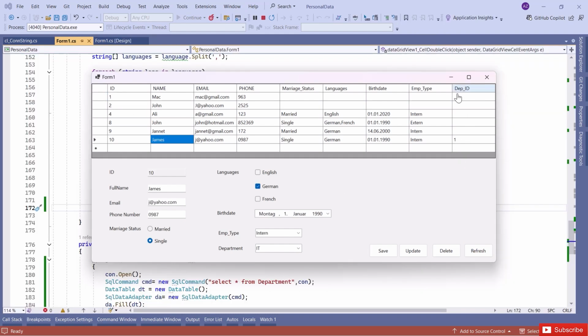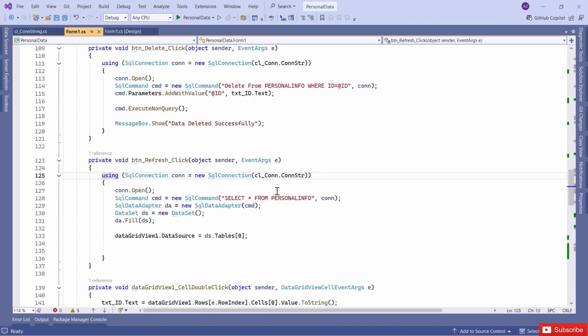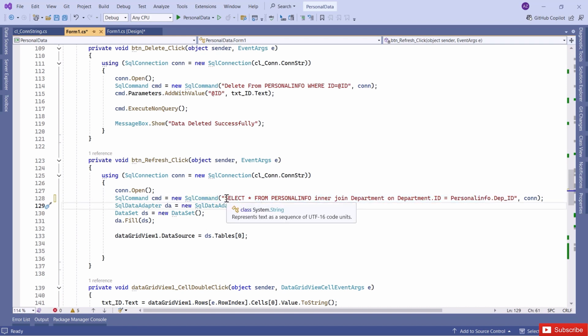And instead of this department ID, I want to show the department name. So let's join these tables together. Stop the project, go to the refresh button, and here is the select. Here type it inner join department on department dot ID equals to personal info dot dep underline ID. Let's test this code and to see the differences between this previous code, which is this one, and with this new code. Run the project,